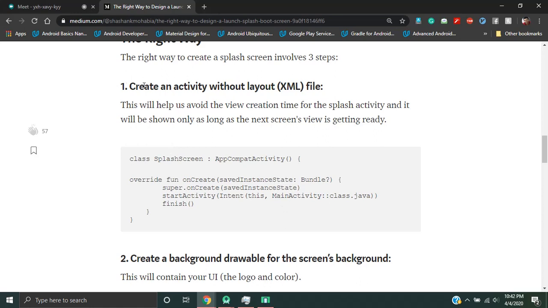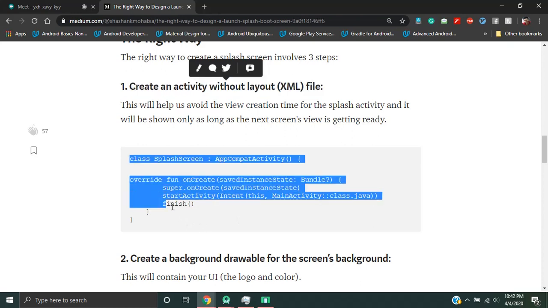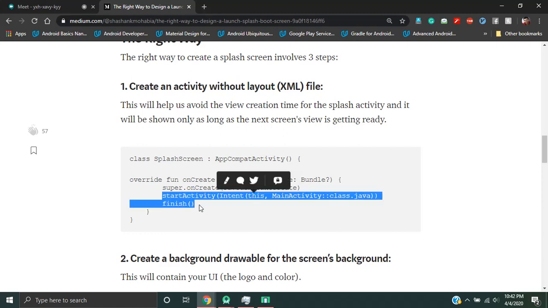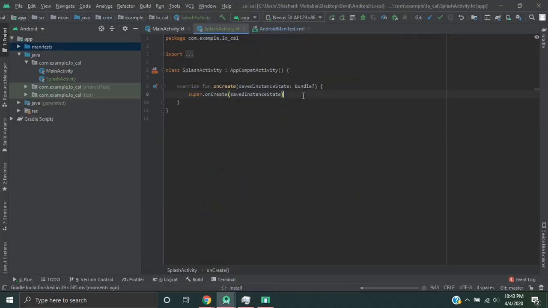As you have seen, in the first step to create an activity without a layout XML file, we have done this step, but we have to add this thing. So what is this line doing? Let's first copy it. In this line there is startActivity. startActivity is a function which navigates from one activity to another activity, and it takes an intent. Intent is the manager which navigates the app from one activity to another activity,